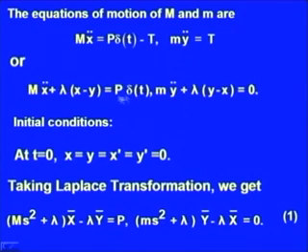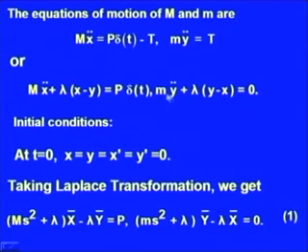delta t. Now, we know that the Laplace transform of delta t minus a is equal to e to the power minus a s. So, taking a equal to 0, we get the Laplace transform of delta t as e to the power 0s, that is 1. So, the Laplace transform of the right hand side is p, and when we take